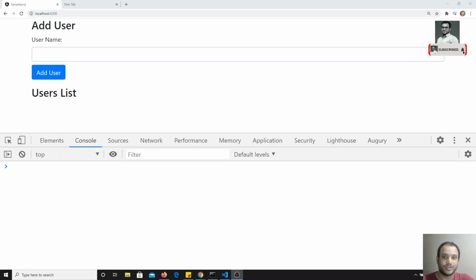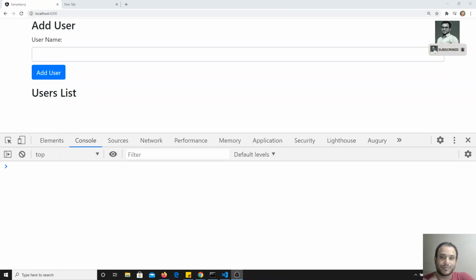Now coming to this video, we will see about getting data from the child component. That means in the previous video we have seen how to send the data from parent component to the child component by using input parameter. Okay, so by using this input custom property, we have seen how to send the data from parent component to the child component. So now what we need to do is we need to get the data from child component to the parent component. So vice versa, reverse case.